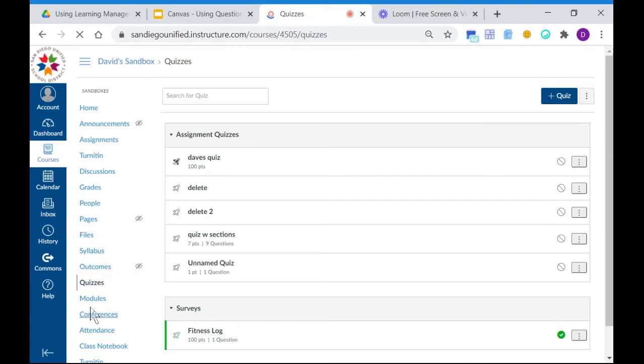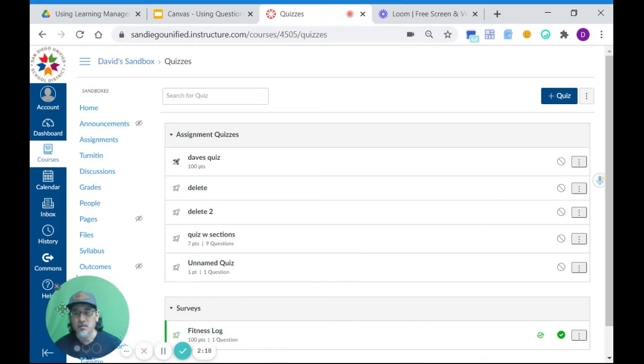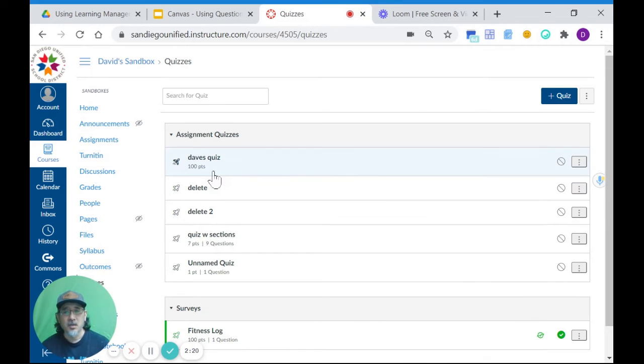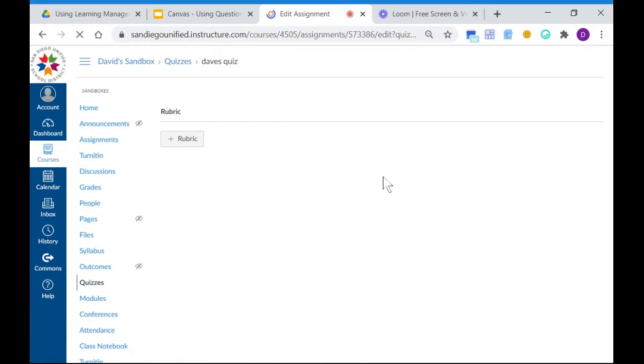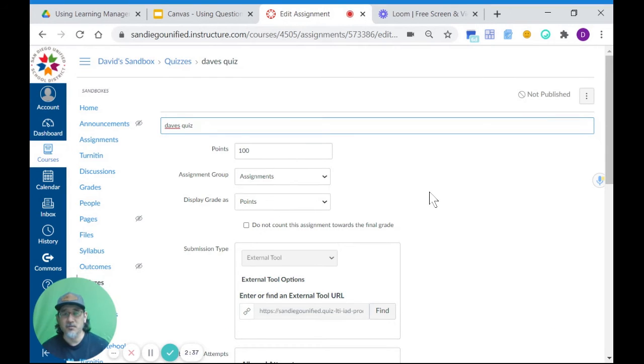So if I click on quizzes, and then don't click on the quiz, that once again will take you to that build page. Instead, you want to click on these three dots and click edit. And somehow the edit in the quizzes section is different from the edit in the modules section. If you click edit, here's the page I was looking for, where I can change the title, I can adjust